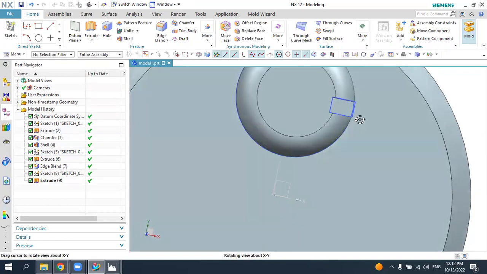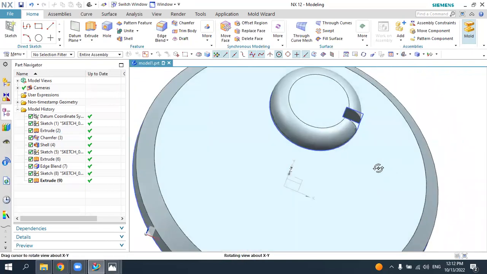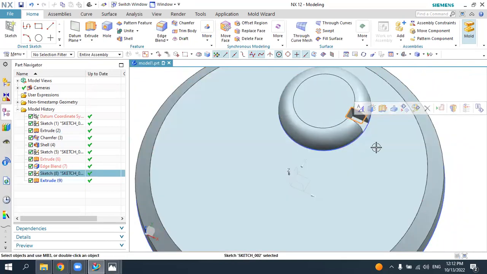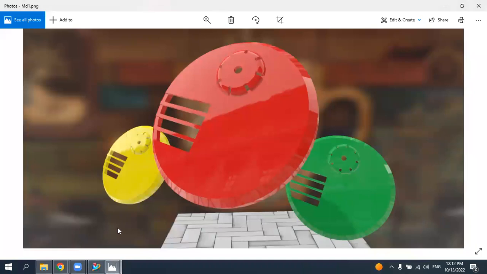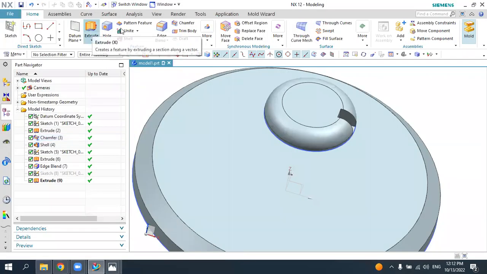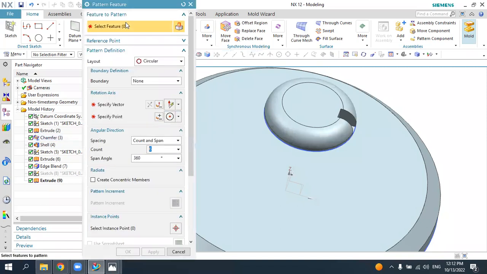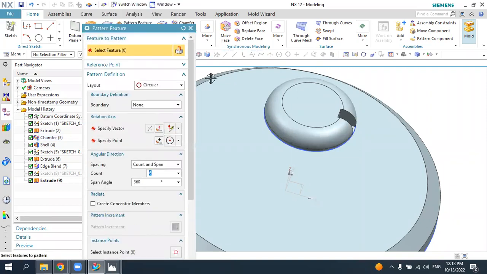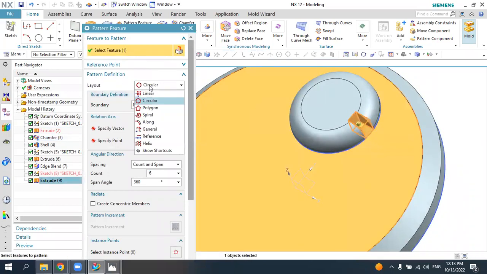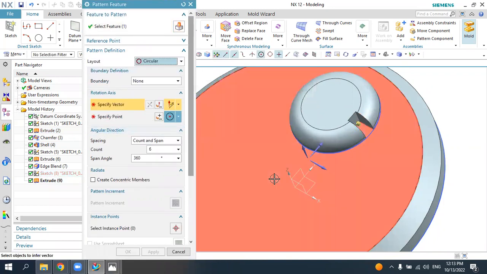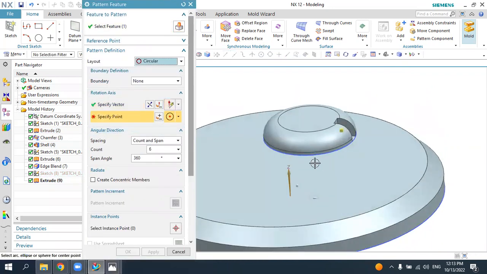So now it's okay. But now we can just hide this sketch. So now I will make the pattern of this feature here, this one. So pattern feature, select the pattern feature from the menu, and here select as a feature of the pattern, select this element, and the layout should be the circular, the vector, select this vector as a specified point here,